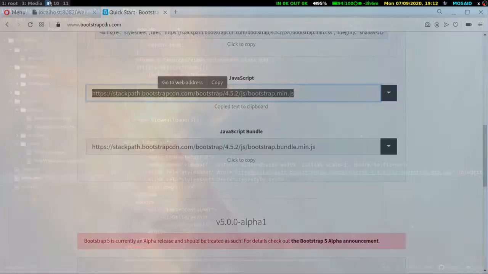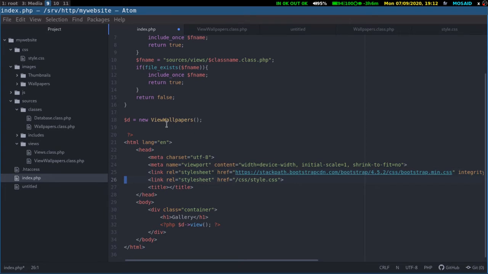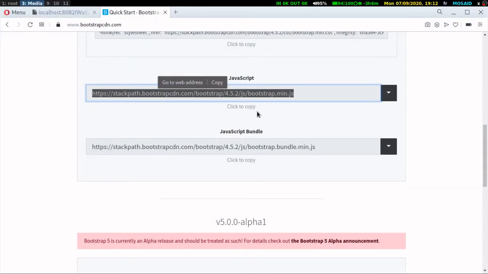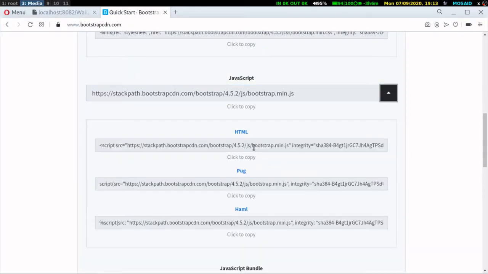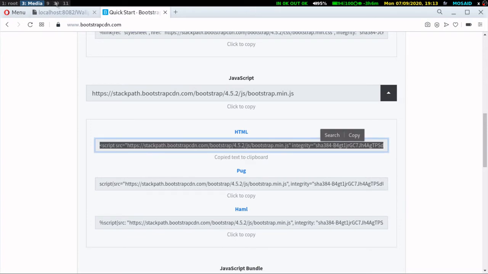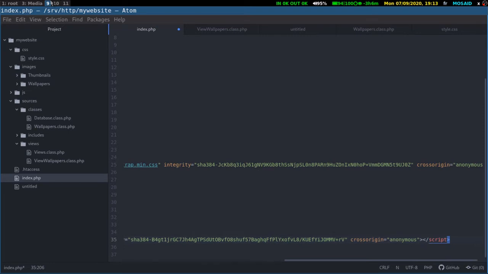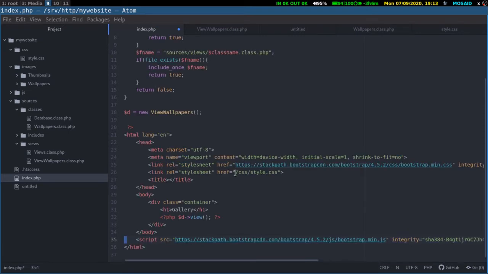Okay, at the end, after the body, actually let's get the whole code here for the HTML. Okay, now we are ready to use bootstrap, but we still need